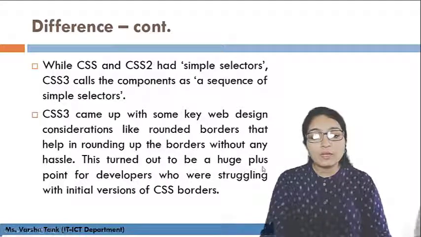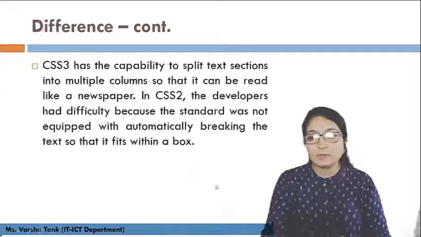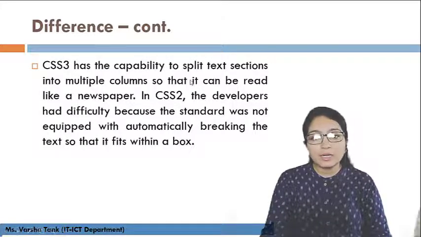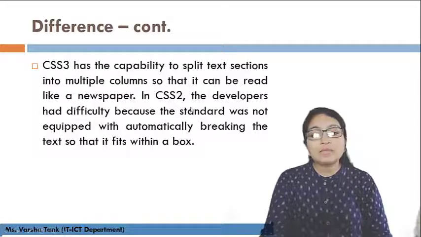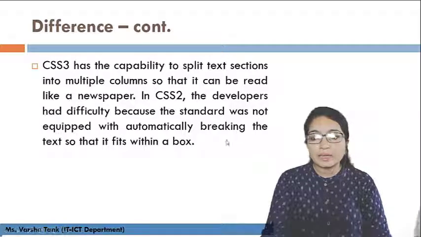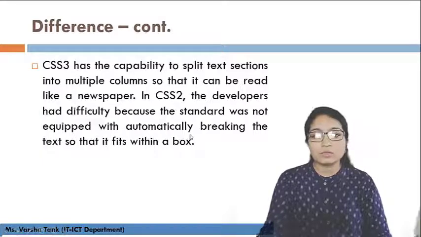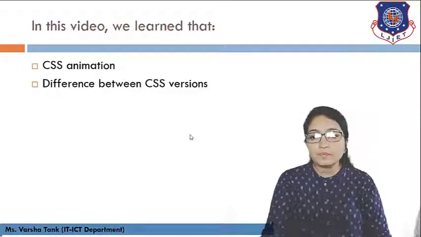This turned out to be a huge plus point for developers who were struggling with the initial versions of CSS borders. CSS3 has the capability to split text sections into multiple columns so that it can be read like a newspaper. In CSS2, developers had difficulty because the standard was not equipped to automatically break the text so that it fits within the box. So this is also one of the advantages of CSS3.